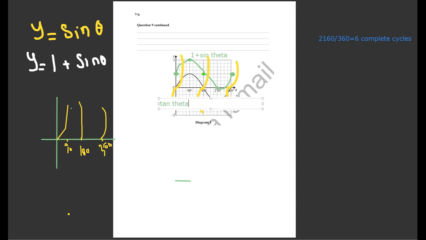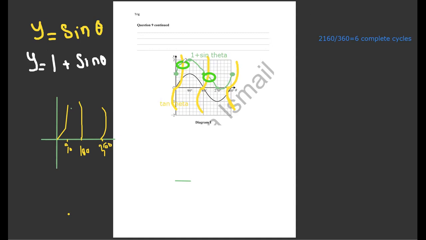So he needs the intersection of the yellow and the green. So we just take the intersection points and see how many solutions. Here we have the first solution and another one here. This is the first intersection, and this is the second one. Here the yellow intersects with the